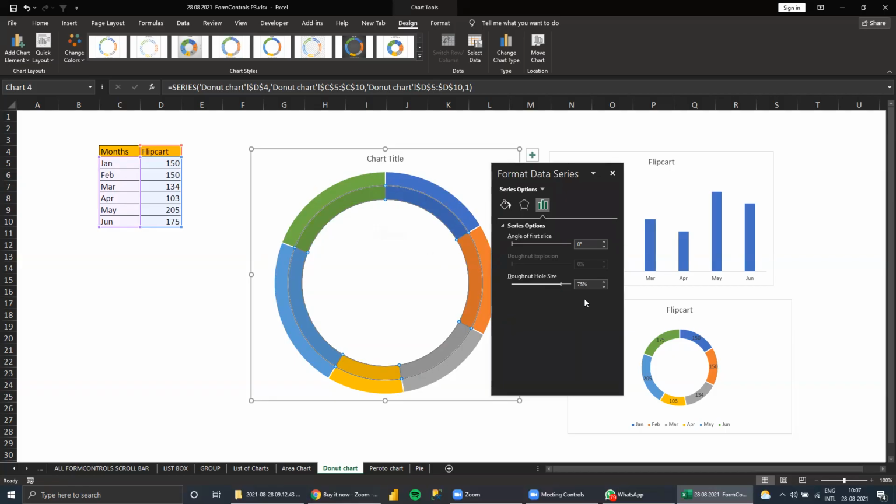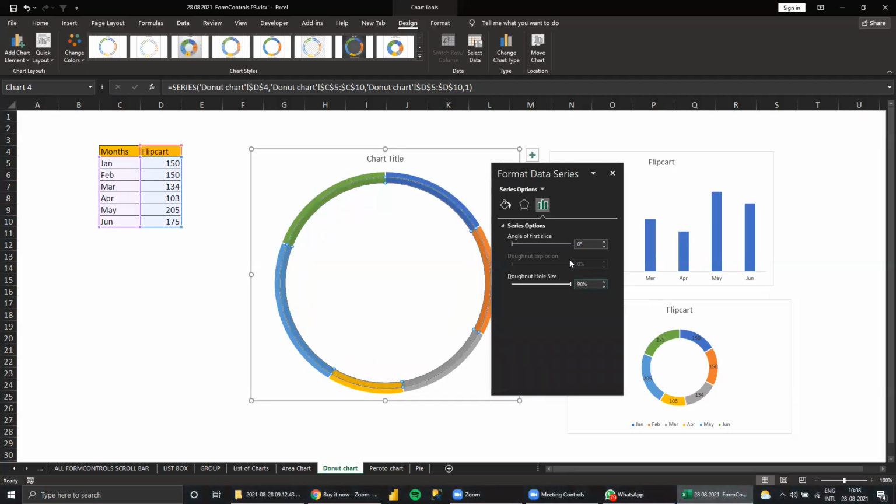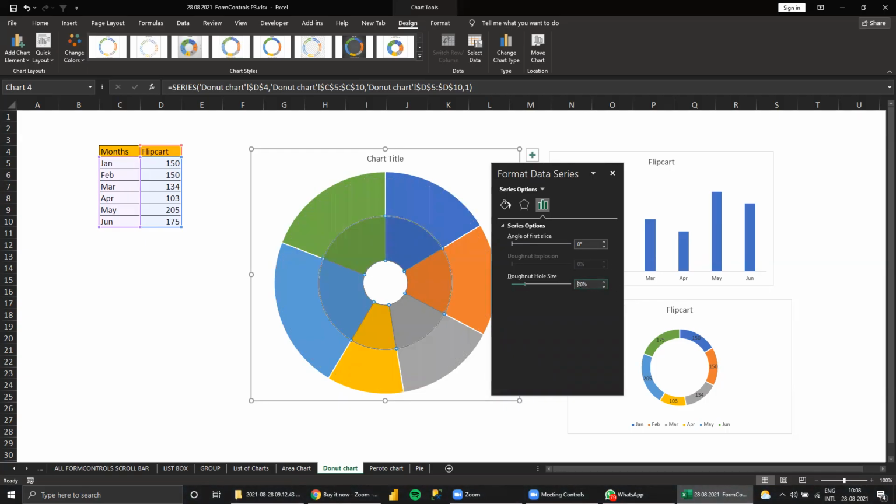Go to format chart, and I can set the hole size. I don't want this much gap, so I'll take it as, say, 20%. It depends on the chart. I can keep it like this, or I can increase it also.